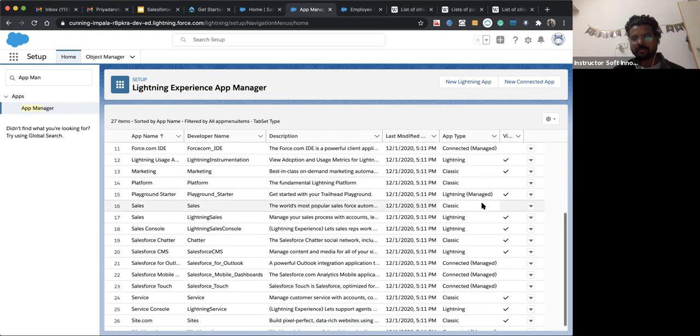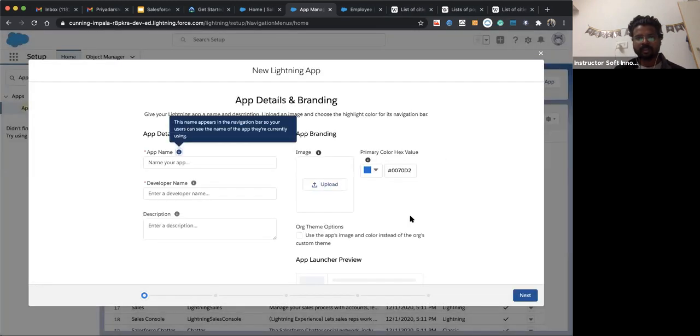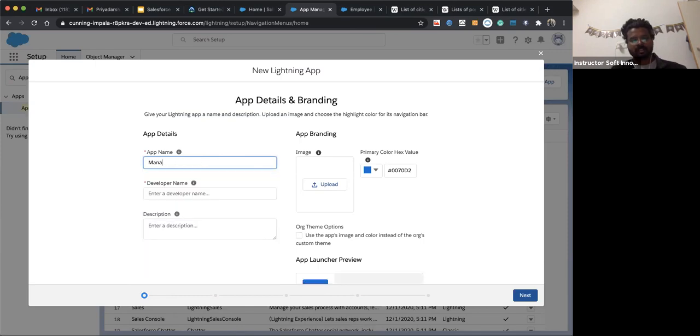Okay, we have different types of app: classic, lightning, and connected app. Currently, we are designing a lightning app. So for that, we just hit this button, new lightning app. For a lightning app, we just ask for the name. I just add an app name, employee management. If you add any description, this is...